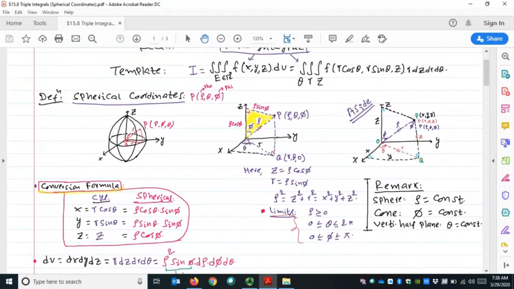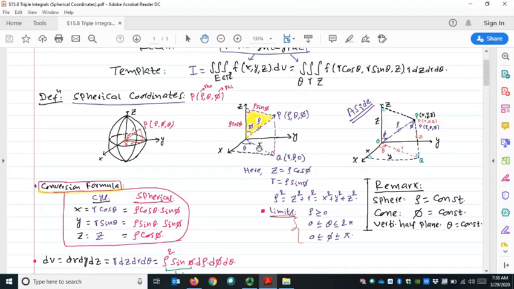Great. Next, let's concentrate on this middle diagram, on this shaded triangle. So this angle is phi, the angle of reference, and this angle is 90 degrees. So rho is the hypotenuse, this is z, which is the base, and this is the perpendicular, which is rho sin phi. Using the Pythagorean relations, this gives us z equals rho cosine phi. So now we have the conversion of z from Cartesian to spherical: z equals rho cosine phi, and this one is rho sin phi,